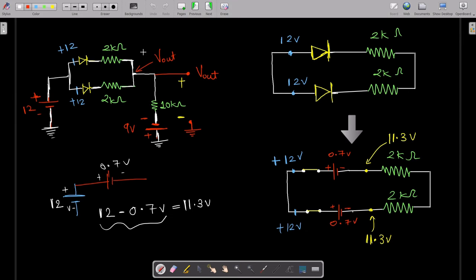Now we'll redraw the entire circuit. Let me go over here. It will look something like this. Then there would be one resistor. This is your V out. Then from here there is another resistor, and to it the negative 9 volts is connected, and this is your V out. Let me use a different color. So this is your one resistor, this is your other resistor, and this is your minus 9 volts connected in this manner.